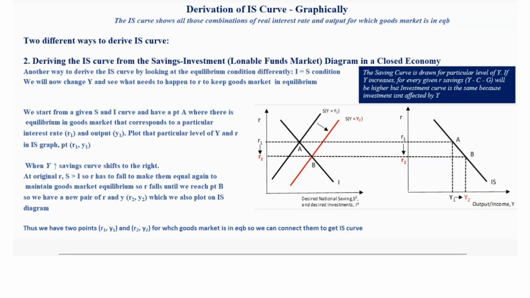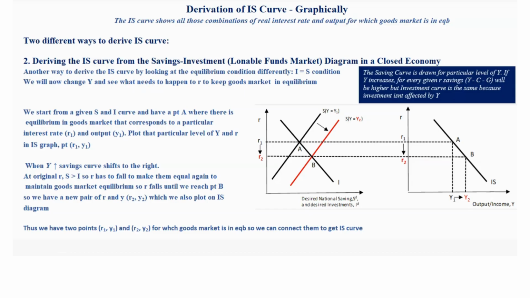We want to now look at the derivation of the IS curve graphically. Now, the IS curve shows us all those combinations of real interest rate and output for which our goods market is in equilibrium. There are two different ways that we can derive the IS curve graphically. The first approach that we looked at was that we combine the Keynesian cross with the investment function. So here we essentially change R and we see what needs to happen to Y to keep goods market in